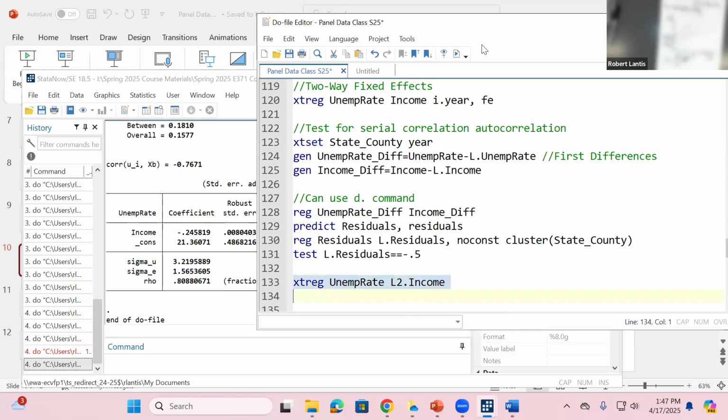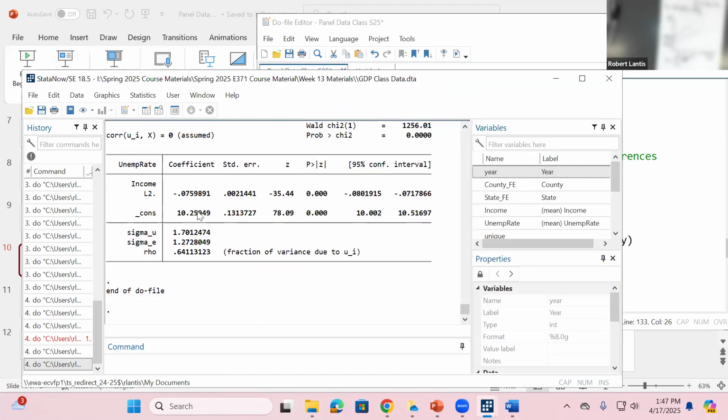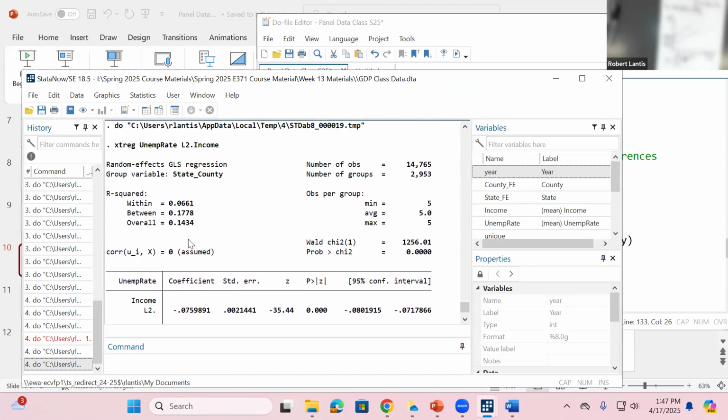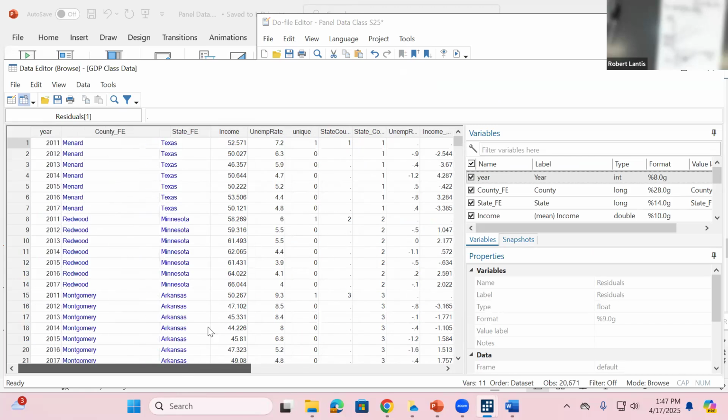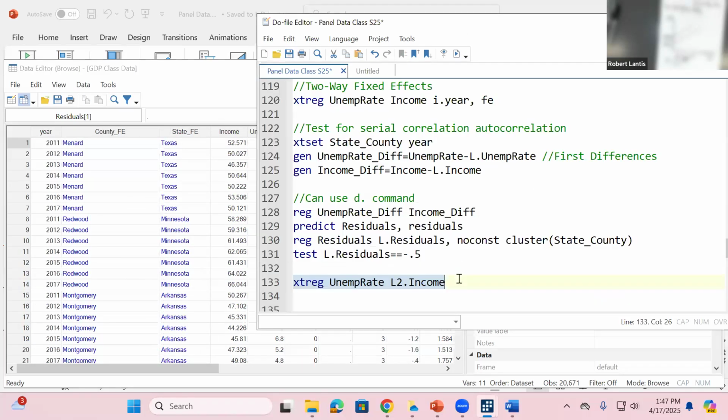So this will go back 2 time periods. And now I can pick up the relationship between unemployment rates and what average incomes were in that state or county 2 years prior, right? So I can start to include these additional controls as well. So I can go back and say, what else is in this data set? Well, I dropped a bunch of it just to make it smaller. If I had other variables, I could do something like